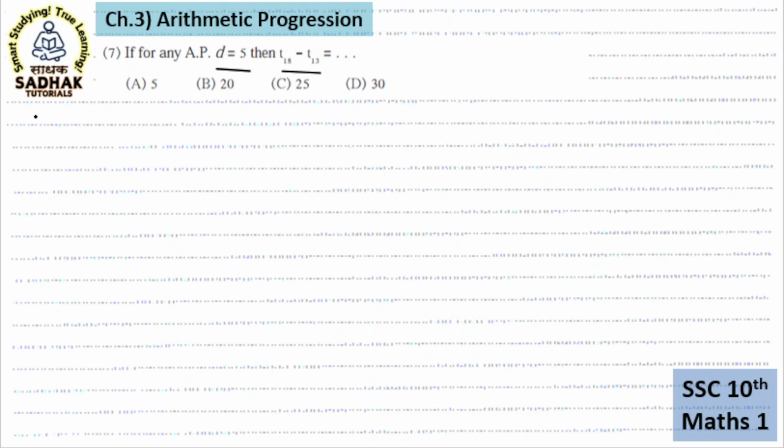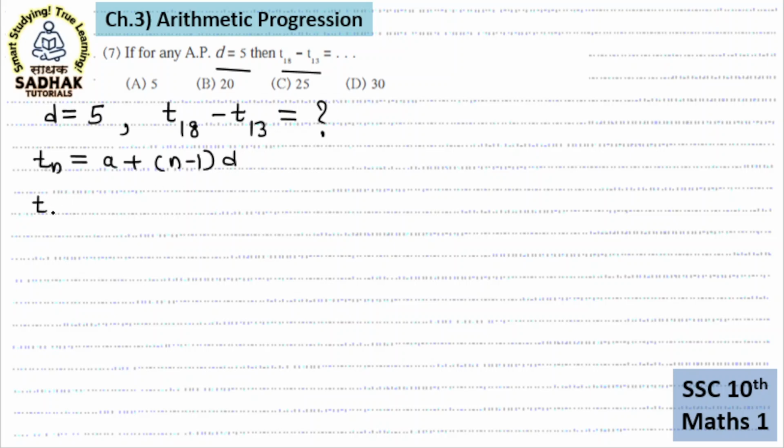Okay, so here they are saying that there is some AP, in that AP d is equal to 5. Then we have to find out T18 minus T13, the difference between the 18th term and the 13th term. Now from our formula Tn is equal to a plus (n minus 1) d, we can get T18 and